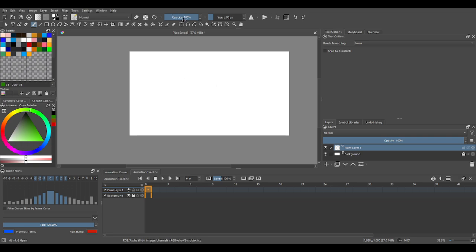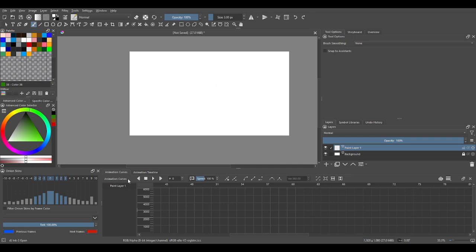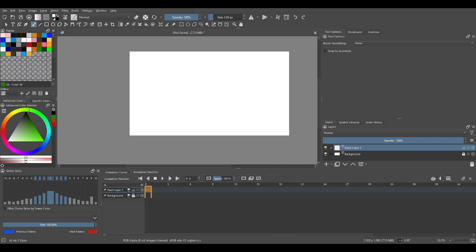If you don't have this set up by now, this is a custom setup I made myself. But you could click on the animation tool. That's what I work with, because I'm an artist and I like the animation tool, and I like to keep it because I like to do comics and animation at the same time. Down here is your timeline, and over here is your animation curve, and that's where you do your interpolations. In order to do interpolations, you have to have a transform mask, and let me show you that right at the